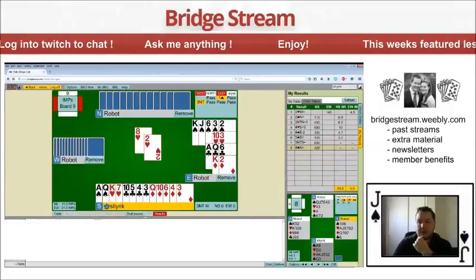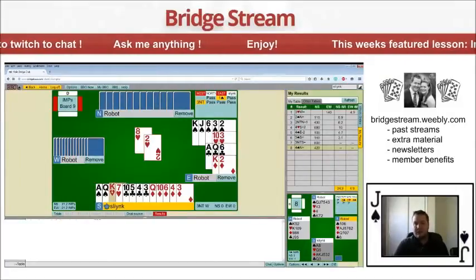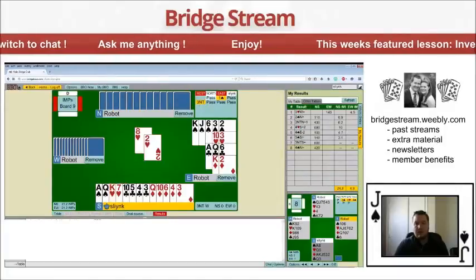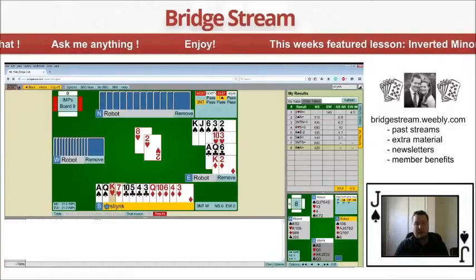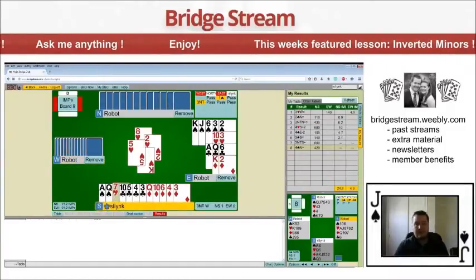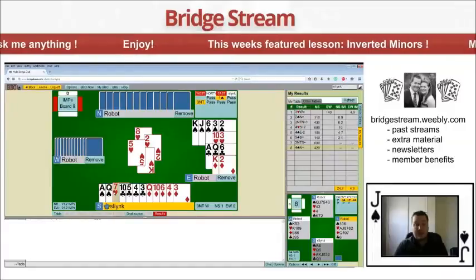Okay, so dummy came down with 13 points. So they've got at least 26 between them, and I have 11. So my partner might have up to 3 points. Now it looks like they've got some points in hearts. Because if West had ace, queen, jack of hearts, then they clearly would take the ace. So